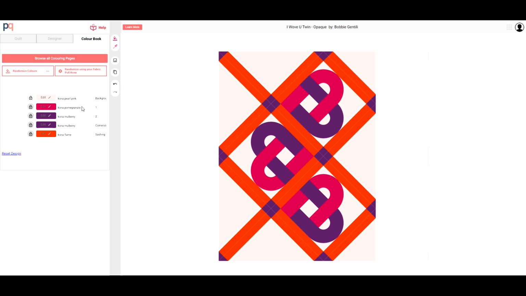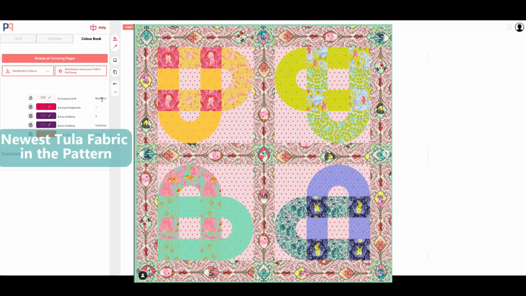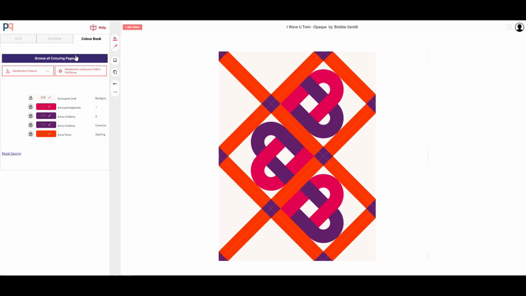So this is just the tip of the iceberg of what this does, but I think that all pattern designers should try to incorporate this software into what they're doing because I tell you, this makes picking colors so much easier. And you can import prints into this if you are signed up with Quilt, which is awesome. I'm gonna go back and grab another one,